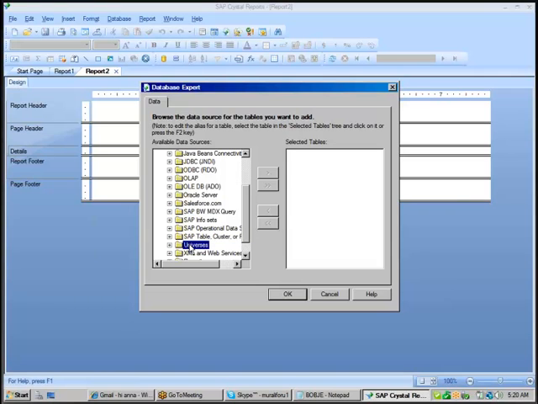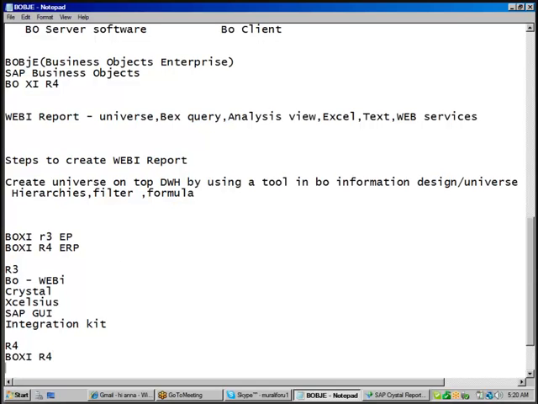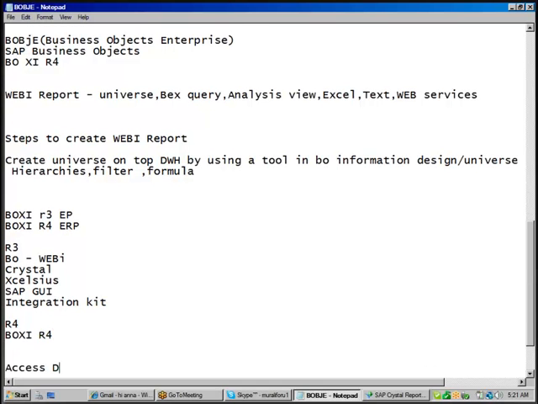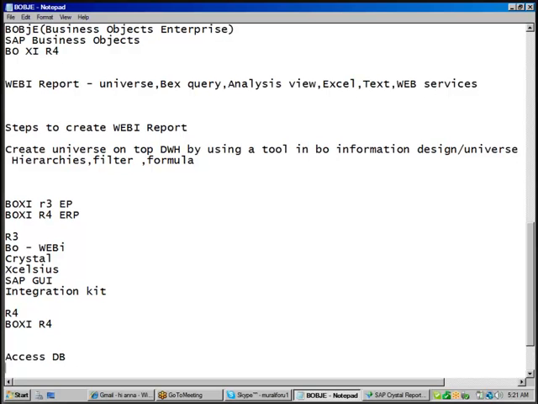If you want to create a Crystal Report on Universe, you need to take a Universe connection. If you want to create a Crystal Report on top of XML and HTML URLs, you need to take XML and web services as the data source. If you want to create a Crystal Report on top of Excel sheets or personal data files, you need to use Access/Excel. But now our agenda is, I am going to create a Crystal Report on an Access database called